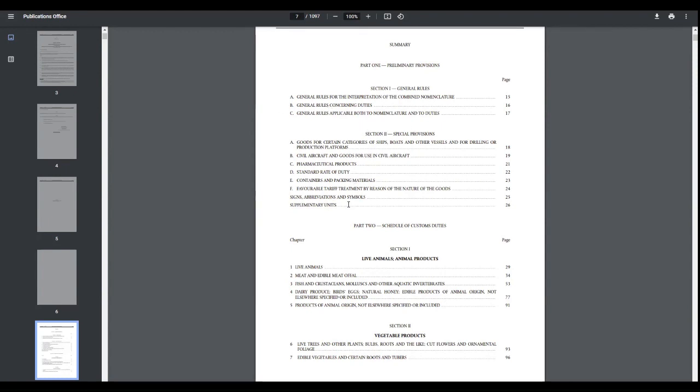And as you can see here, there are some products that have other rules that need to be considered. This is not new. This is the same every time. But it is the signs, abbreviations, and symbols that are really important, as well as the supplementary units. And why is that? Because the signs, abbreviations, and symbols tell you if a new product, how a new code has been introduced. The supplementary units are essential for customs clearance, and they need to be added to the